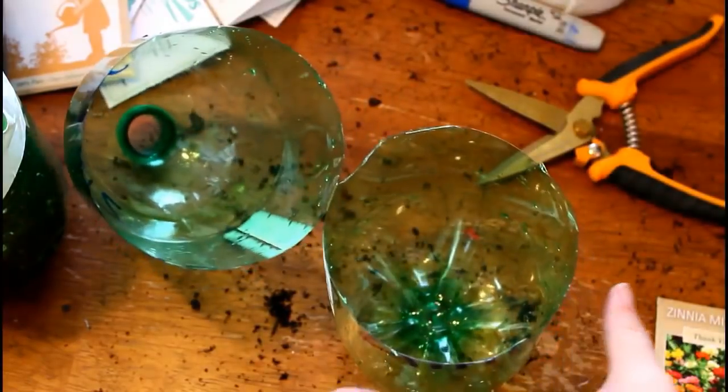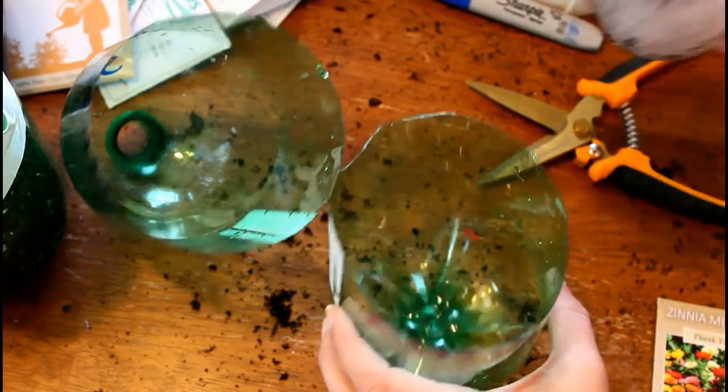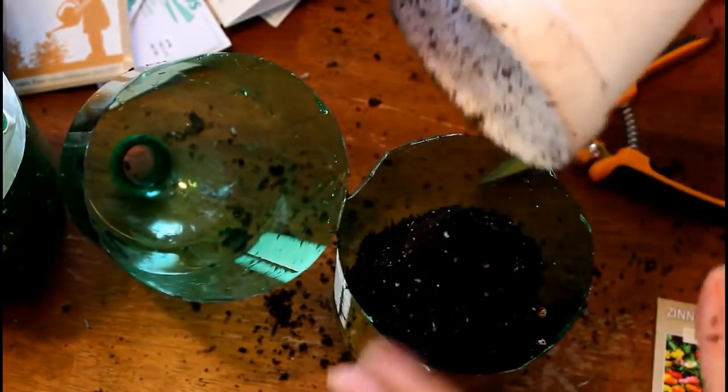Those were the only sunflowers I had seen. So I was strictly anti-sunflower, which is funny saying that now because I absolutely love them. Anyway, the first zinnia that I ever grew, I got a pack of seeds for, I guess it was my